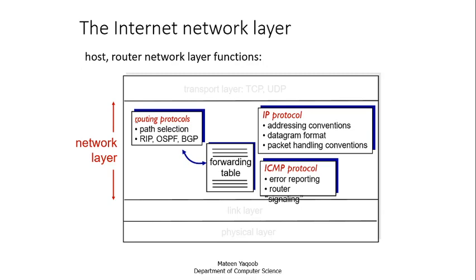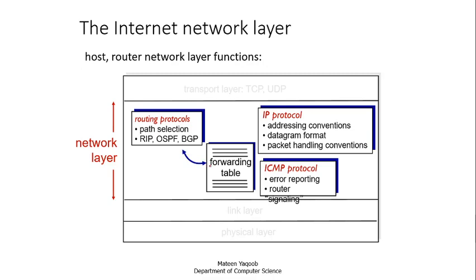The three most famous routing protocols you can see here are RIP, OSPF and BGP, and based on these routing protocols a forwarding table is computed. Suppose an update occurs in a network, for example a router has disconnected, or its link has gone down, or a new router has been added. In case of an update, the routing protocol will update its forwarding table as well.